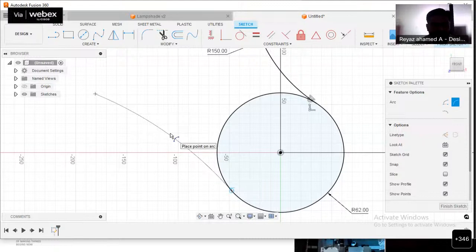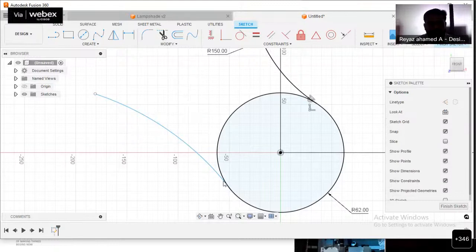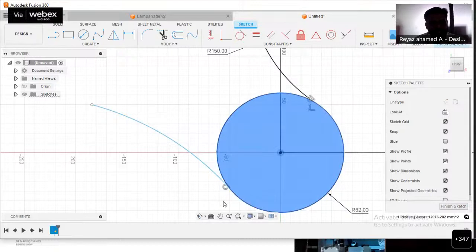the tangent constraint, right? So we have to click a point such that the tangent constraint is applied between the arc and the circle. Let me click on here. Oh, sorry, it is not created. No problem at all. If the tangent constraint is not applied, we may use this option. See, let me click on this one, tangent. Let me click on the circle and then this arc. See, now the tangent constraint is getting applied. Once it gets applied, it shows a symbol like this.